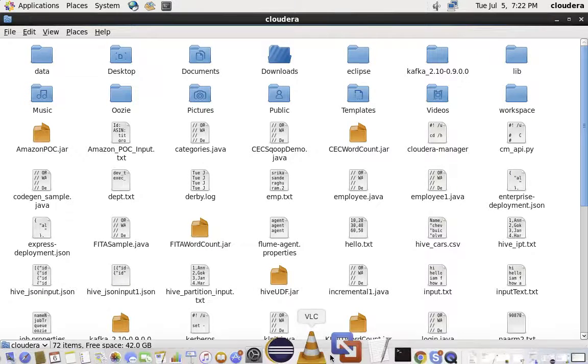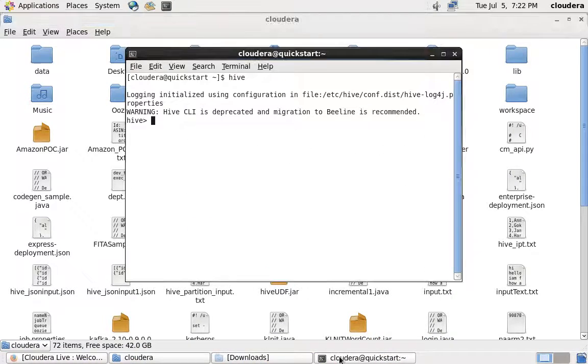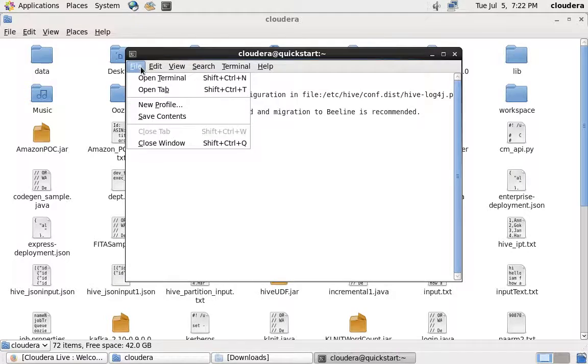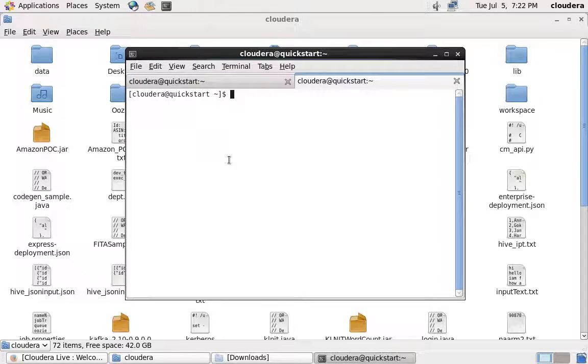Now I've renamed this file. I'll take one more tab. I already have a folder named Sri in HDFS. In the last class we created a directory named Sri under the root path. I'll place this file there with hadoop fs -put.